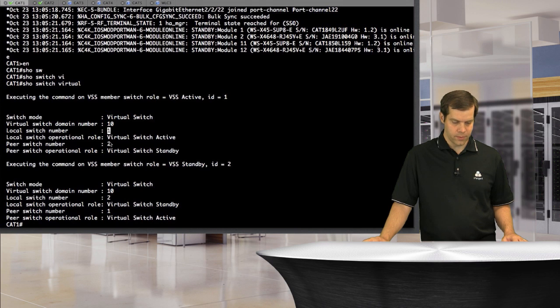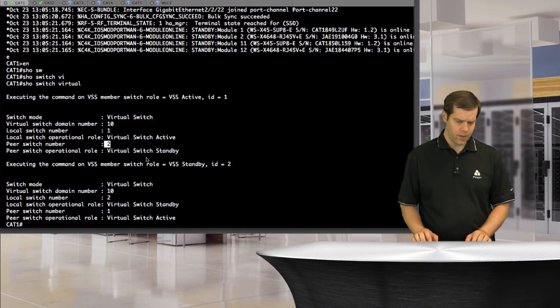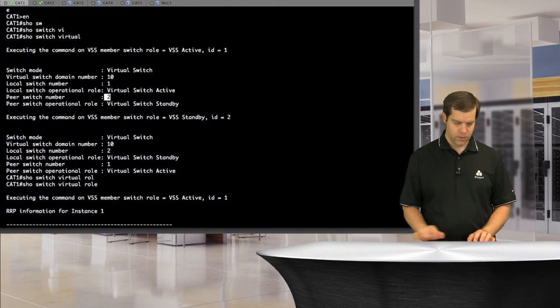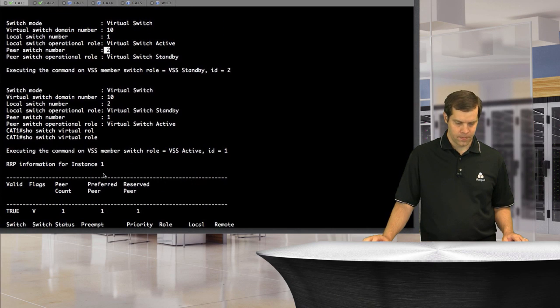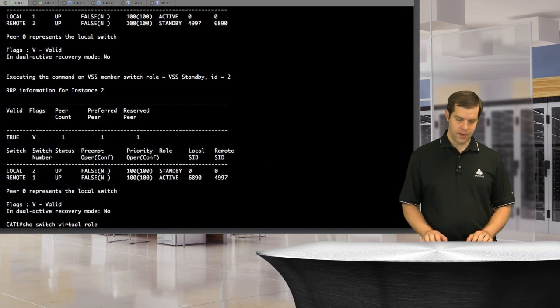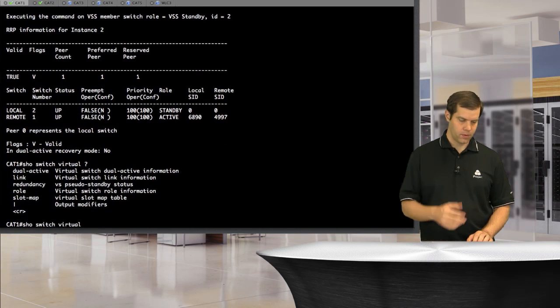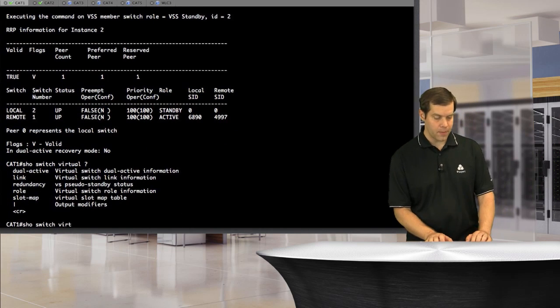The local switch is switch 1, and then the other switch is switch 2. So there's a couple real basic pieces of config there. We can also add role to the end of it and see a little bit more information here. So just play around with the commands. There's a few other things that you could look at, but once it's up,